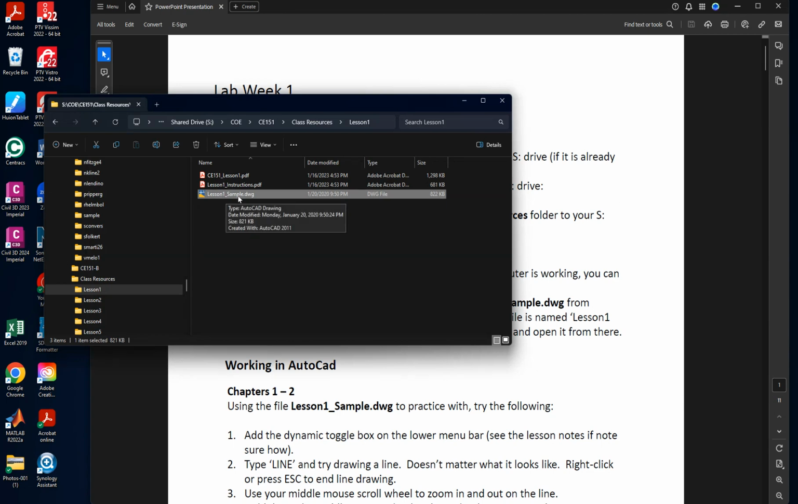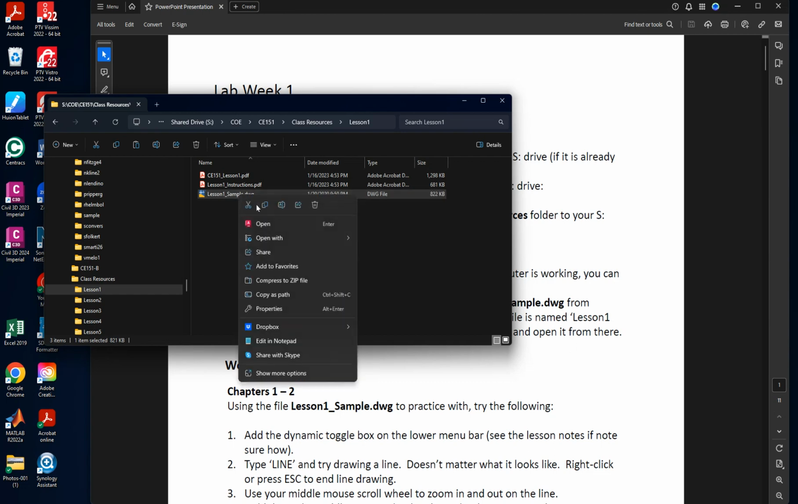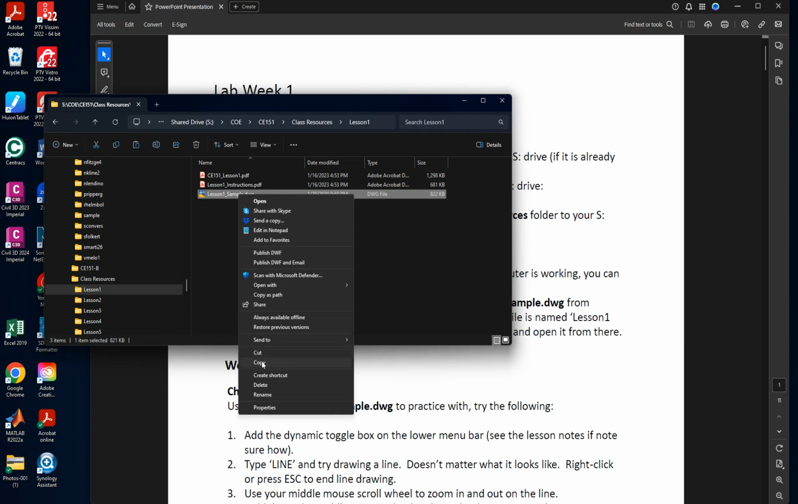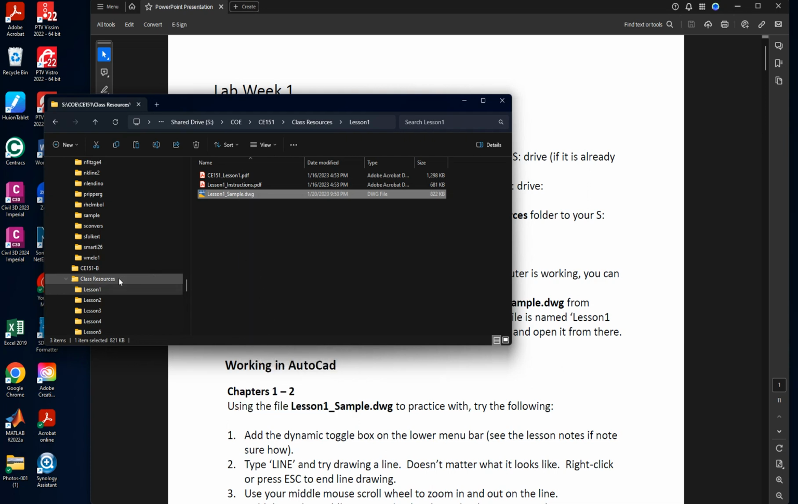I can hit Control C on my keyboard and that copies it, or I can right click and show more options. I'm going to copy that from there. And now I'm going to come